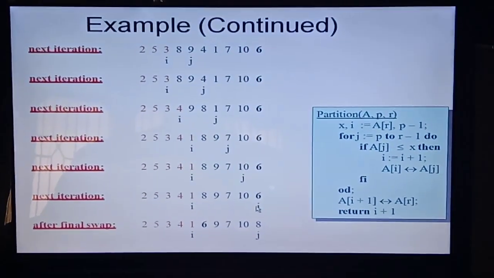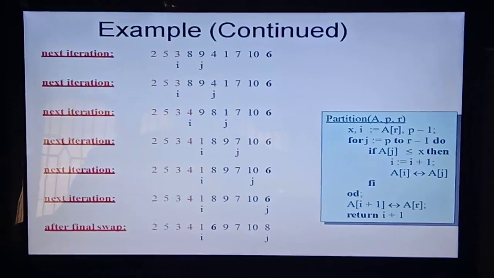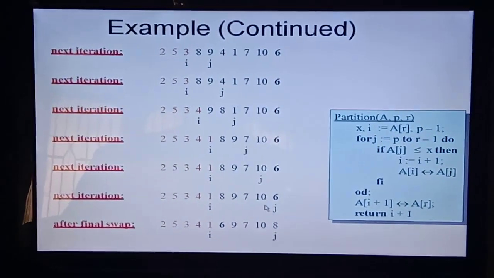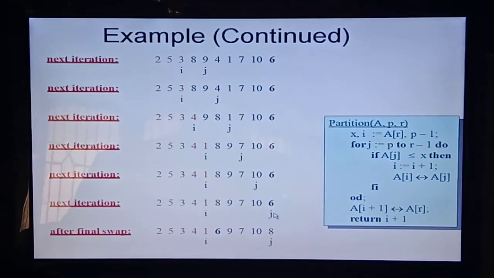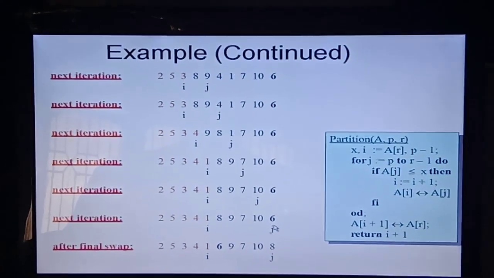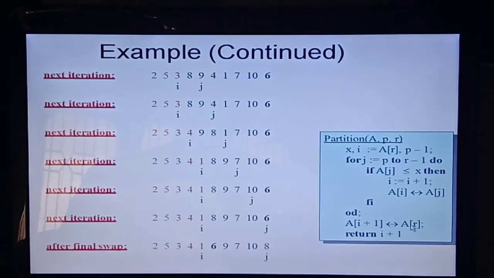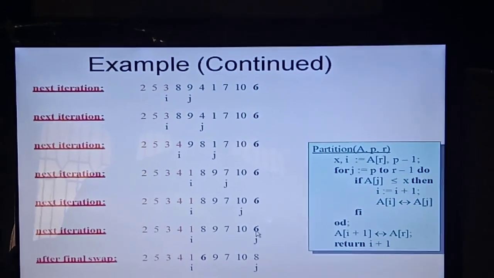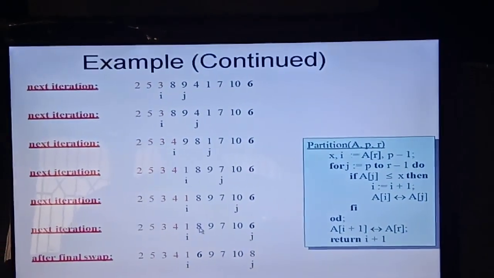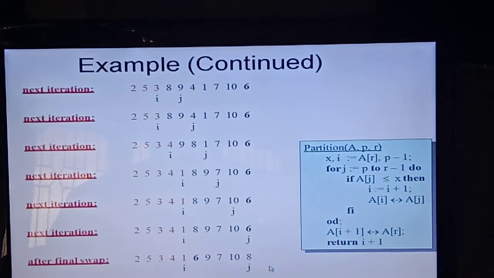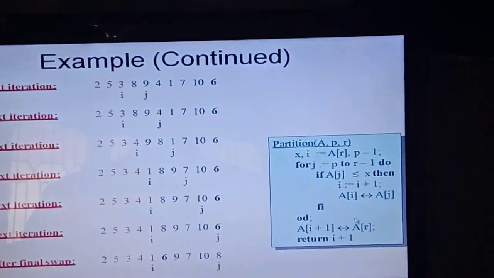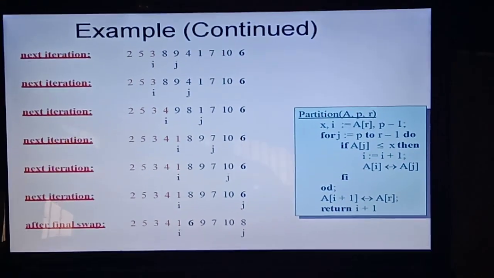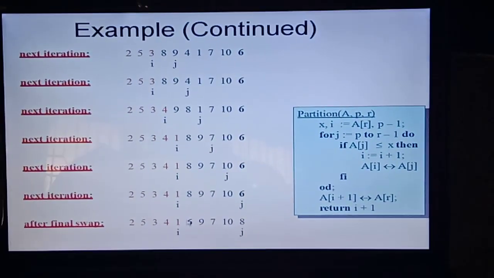j is moved to 6, the last element in the list. So here the loop is iterated until r minus 1, until 10, and here j is r. So simply you can swap the element at position i plus 1, that is 8, with 6. So 6 comes to the 8th position and 8 goes to the 6th position. That is the last step in partition. So this is up to the first for loop. After implementing the first for loop, you can see the result.